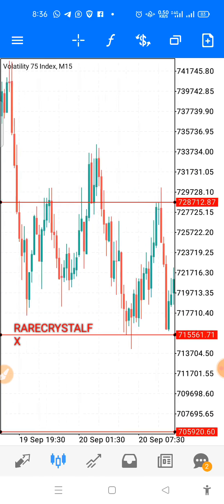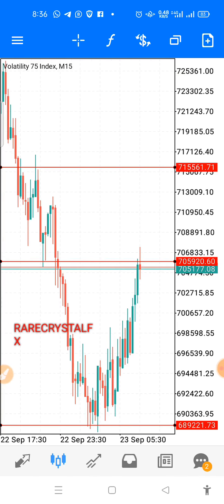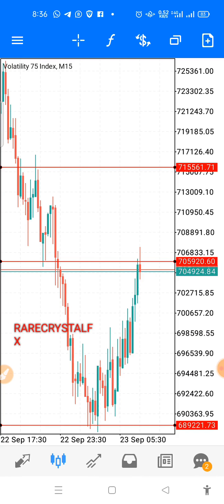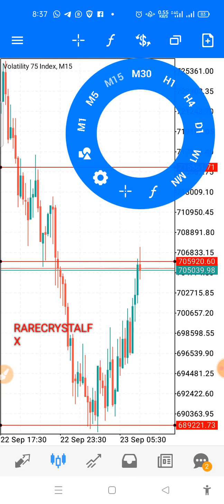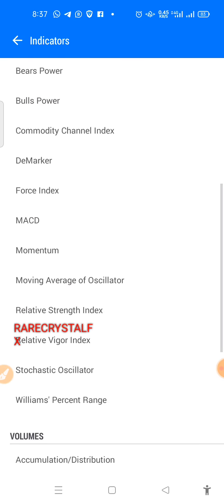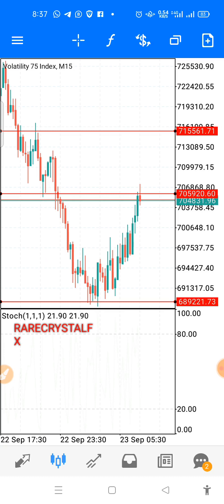So I now promise that I'm going to help by giving an indicator to actually help you. Now, what is the indicator that is actually good? The indicator that we should use, let's just use stochastic. Like I said, the indicator is not the major thing. Stochastic oscillator, let's use 1, 1, 1 and just click on done. Let the main and the signal be like that. Now when you click on done,